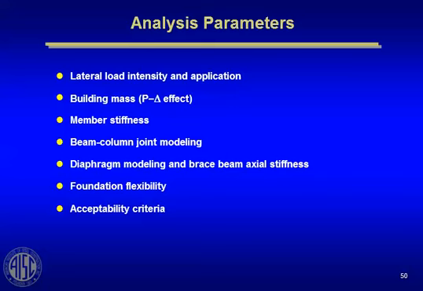Everybody's heard of panel zone deformation in a moment frame. Real high shears in the beam column joint, and that very high shear in that beam column joint actually causes additional shear strains in the joint that adds to the drift, the story drift at that level. How am I going to account for that in my design? We're going to talk about that in a minute. Diaphragm modeling